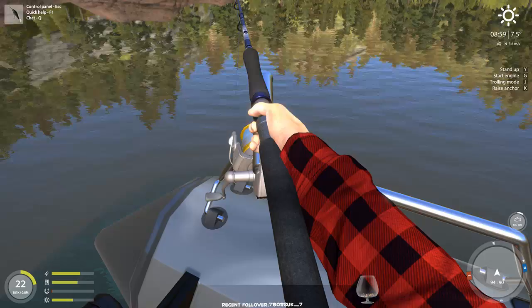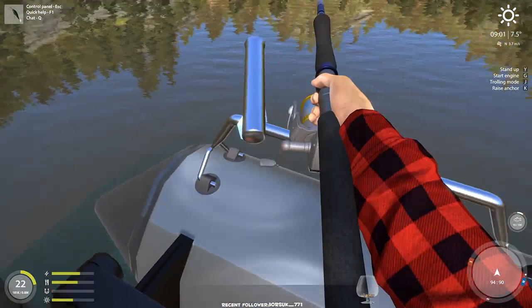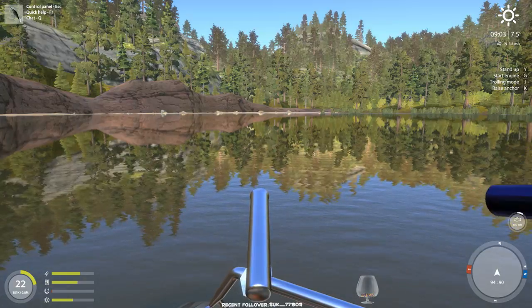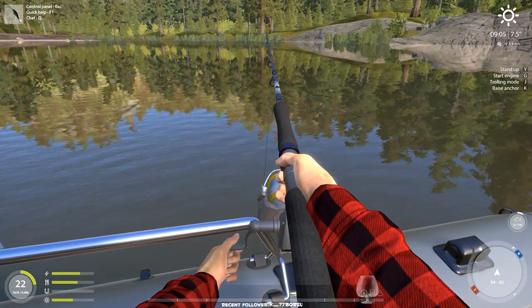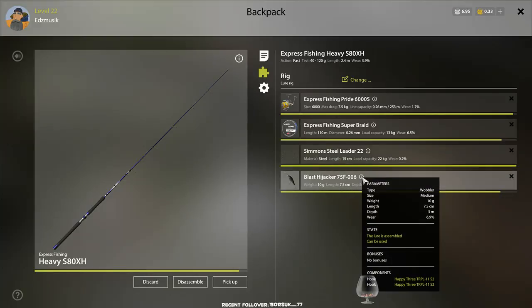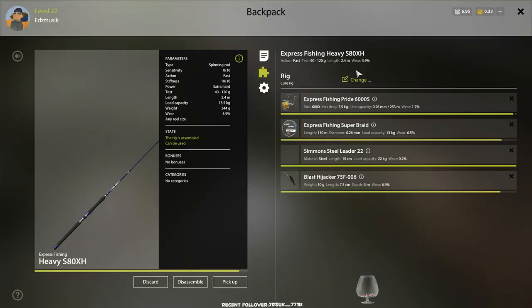Hi guys, just fishing this 12-meter pool. We're just over the ledge, fishing towards the basin in the Kuori Lake. I'm fishing with the hijacker diver. I'm using the second rod, sorry, the blast hijacker, and we've had a couple of casts and we're fishing it